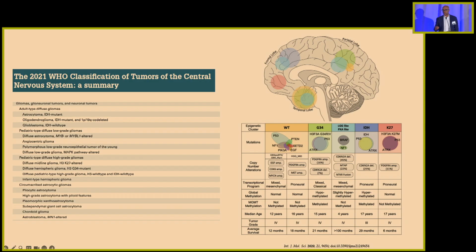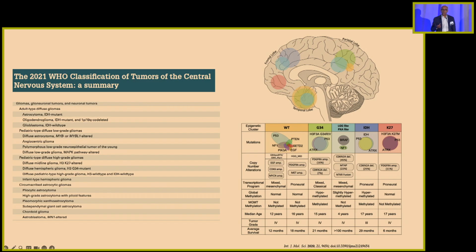This is from the 2021 WHO guidelines, and we can see the real change that's occurred is the fact that we've understood now that we learn more from the molecular biology of these tumors than we necessarily do from the way they look histopathologically. And as you know now, our whole schema for thinking about these tumors is radically dependent on molecular biology. Now, with 2021, one of the dramatic changes that occurred, and that many of you will know,